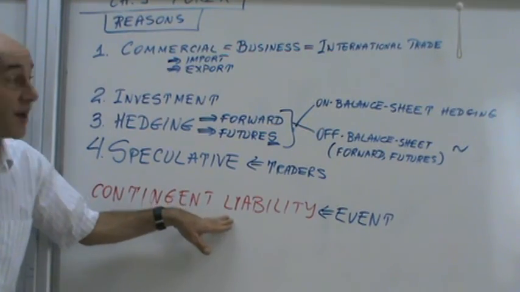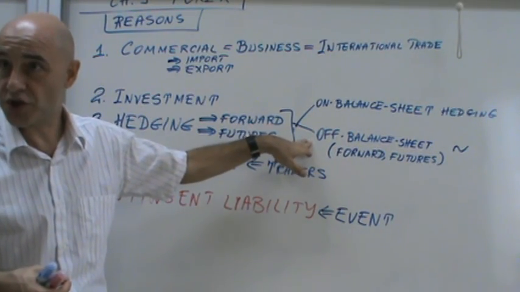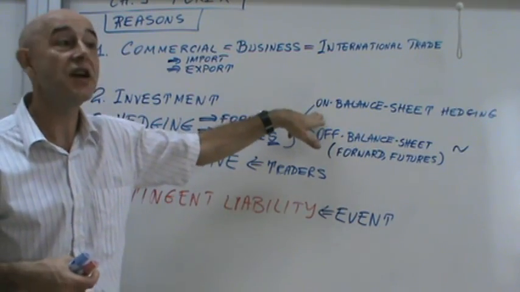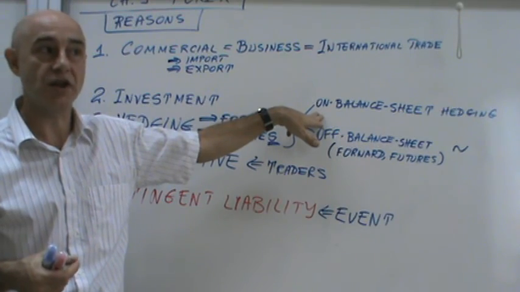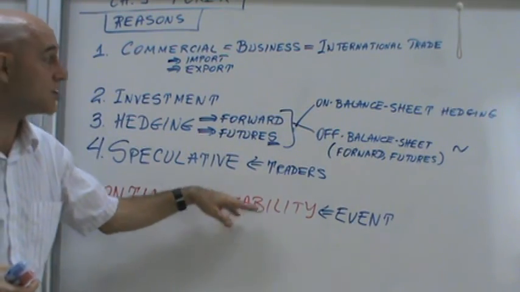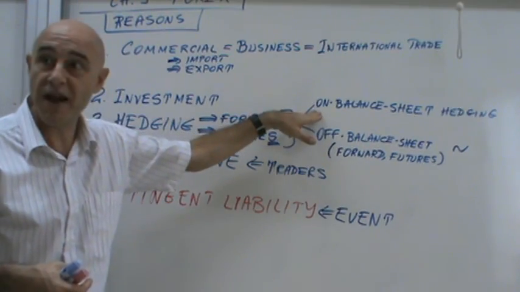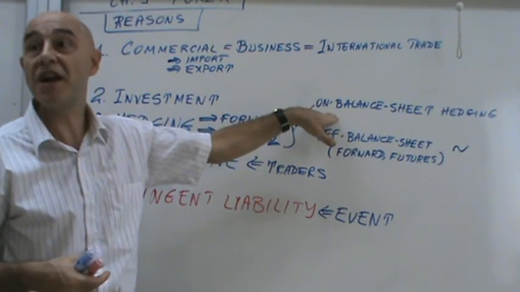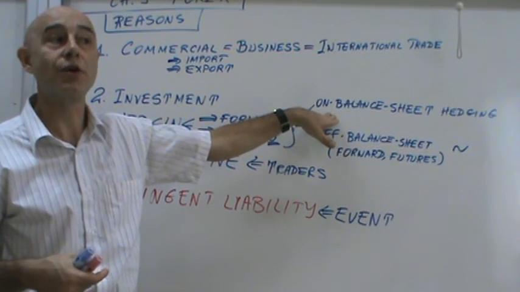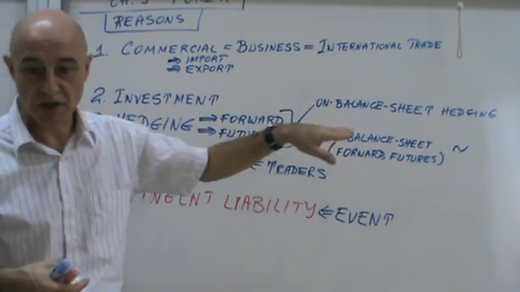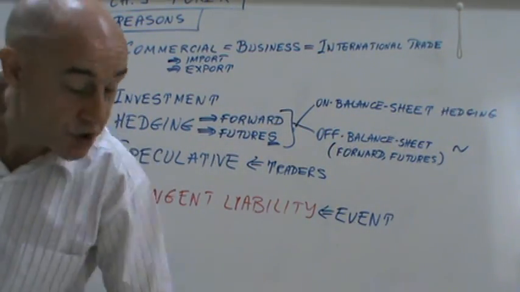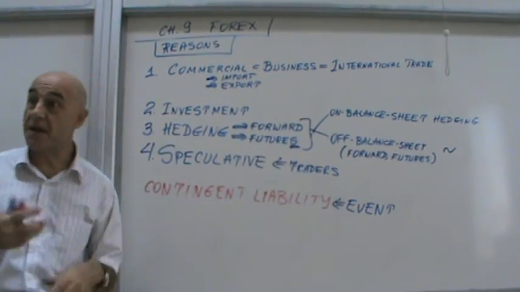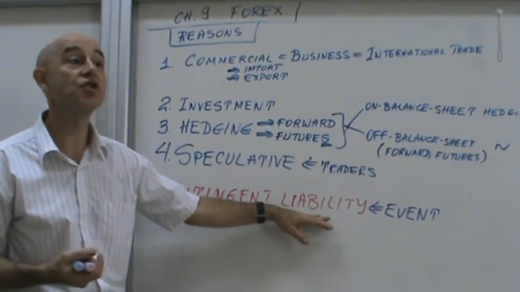So contingent liability is off the balance sheet, and when it becomes a real or actual liability, it moves onto the balance sheet. So, you may have contingent currency claims. If something happens, you will have a contingent currency